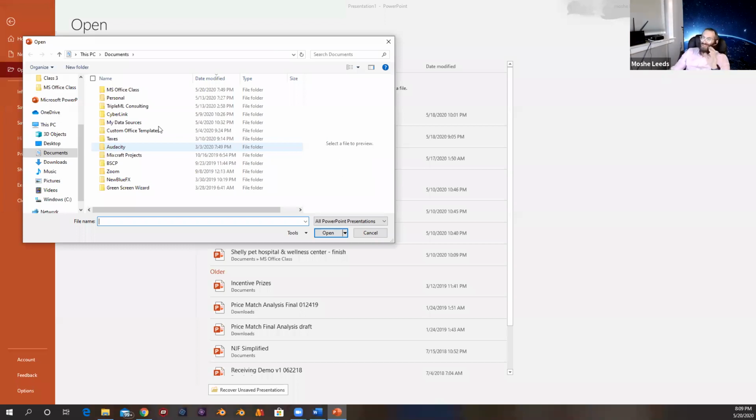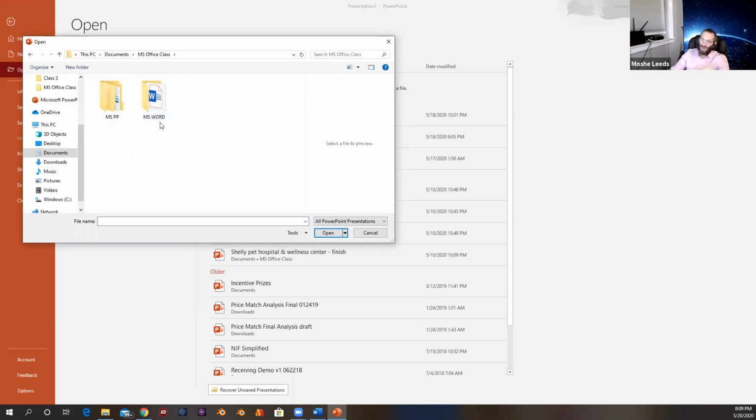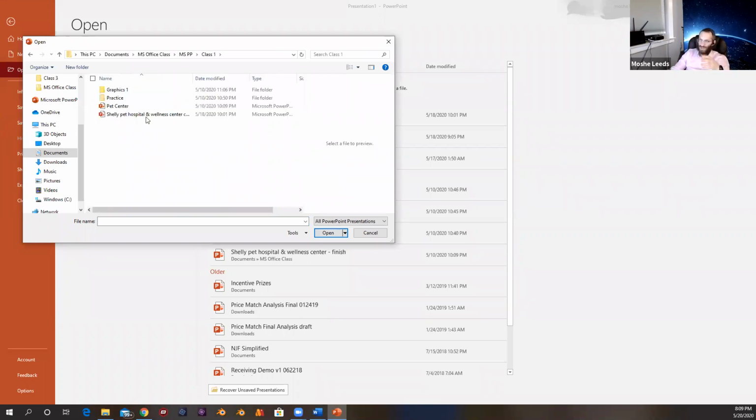Okay, so here I have my documents. This is the way my mind thinks, so I know where things are. So I go in my Microsoft Office class. Now I have Microsoft Word and I have Microsoft PowerPoint. So I'm going to open Class 1. Now what you'll notice is that I have a lot more files in here than just PowerPoint presentations. But if you look in the bottom corner right here,